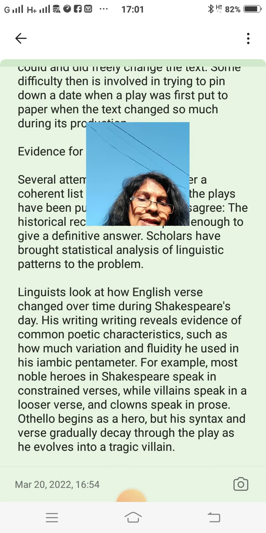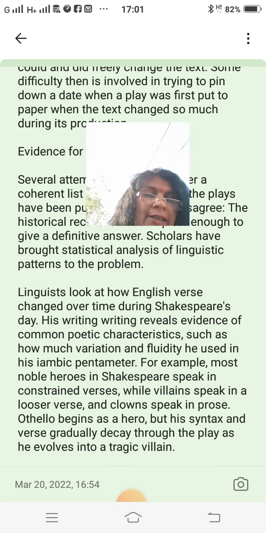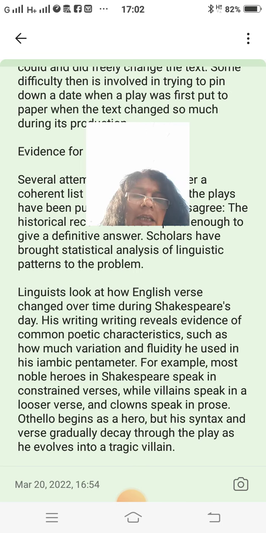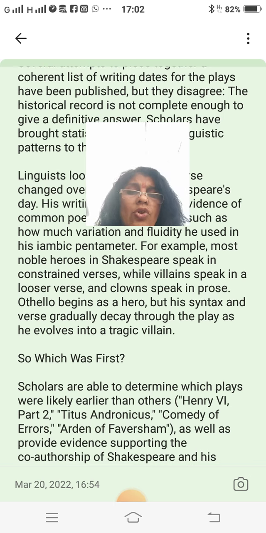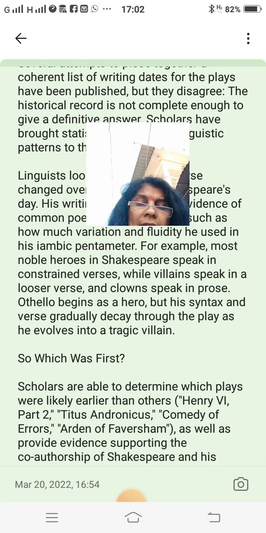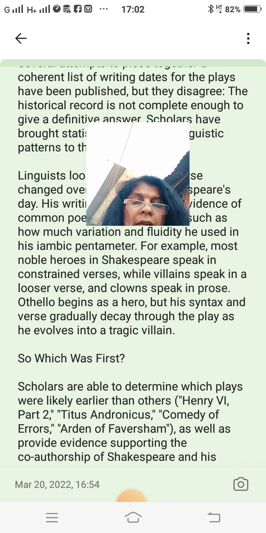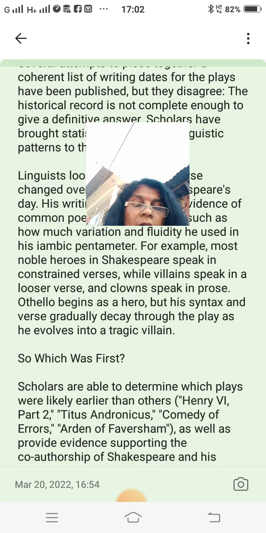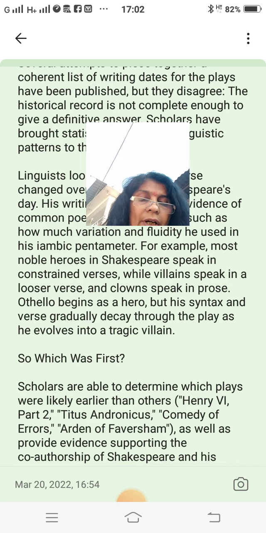Othello begins as a hero, but his syntax and verse gradually decay through the play as he evolves into a tragic villain. So, which was first? Scholars are able to determine which plays were likely earlier than others: Henry VI, Part 2, Titus Andronicus, Comedy of Errors, Arden of Faversham,